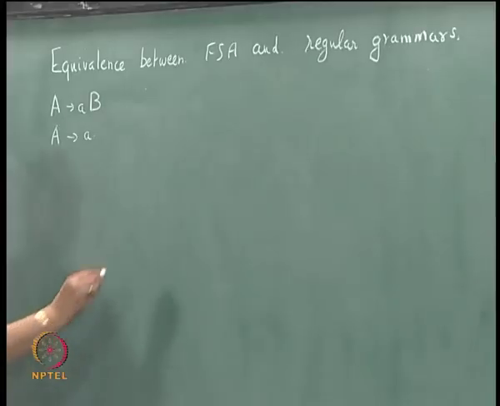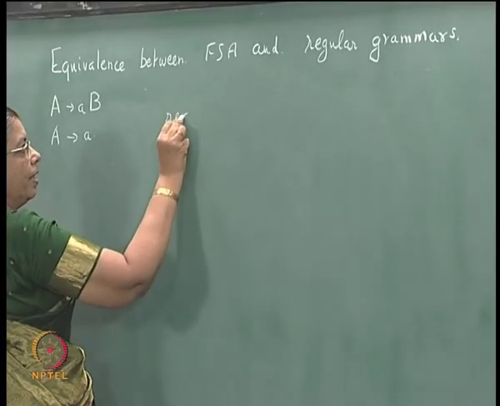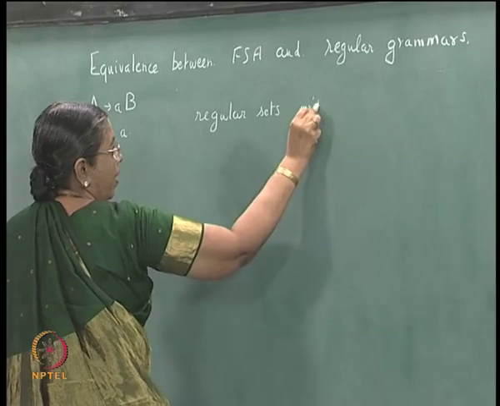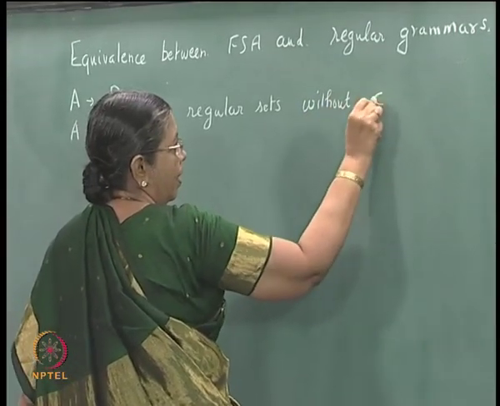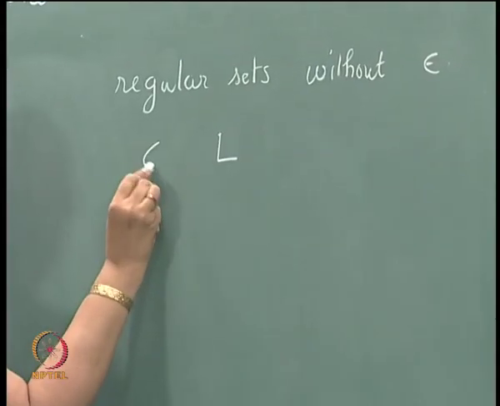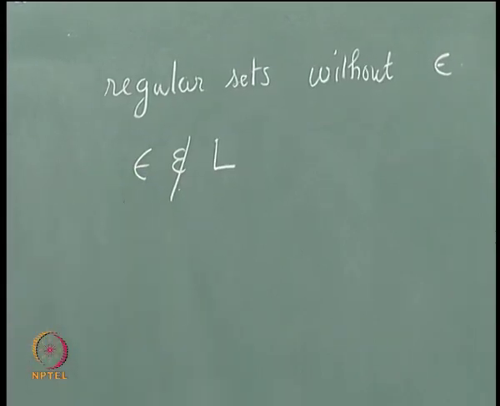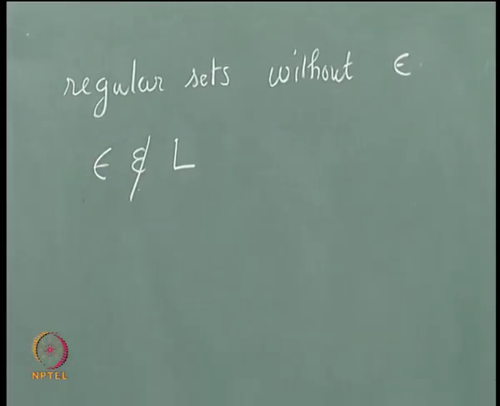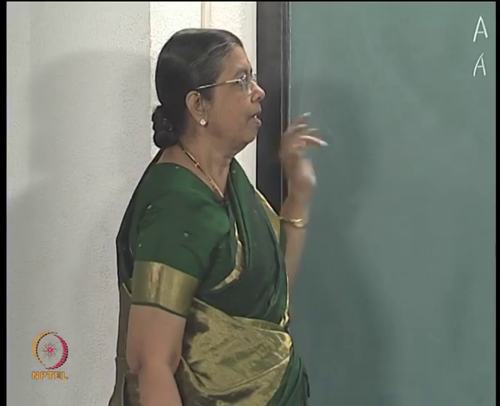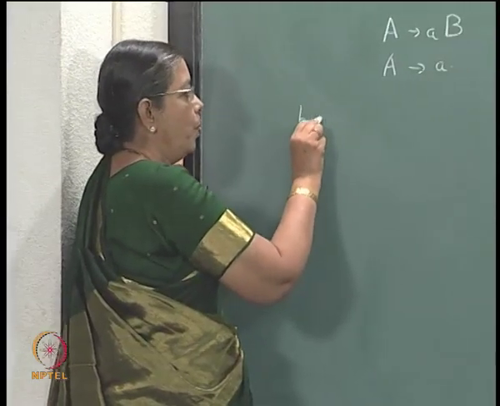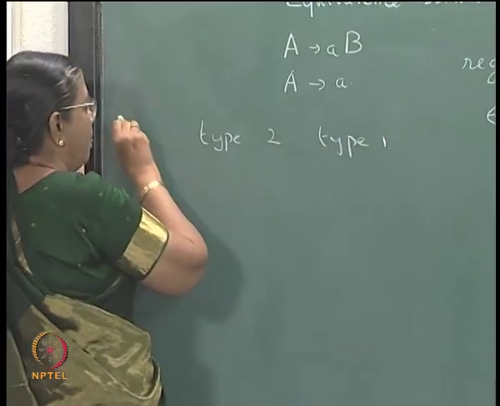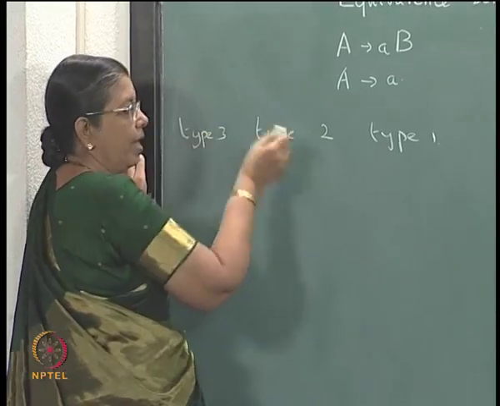First I shall consider regular sets without epsilon. That is, consider languages L where epsilon does not belong to L. Because for epsilon we have to do some slight modification, that I will consider later. But we have to remember that any grammar, type 2, type 1, type 3, whatever it is,